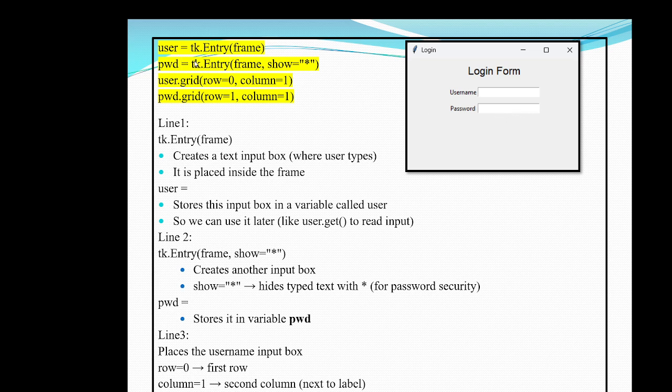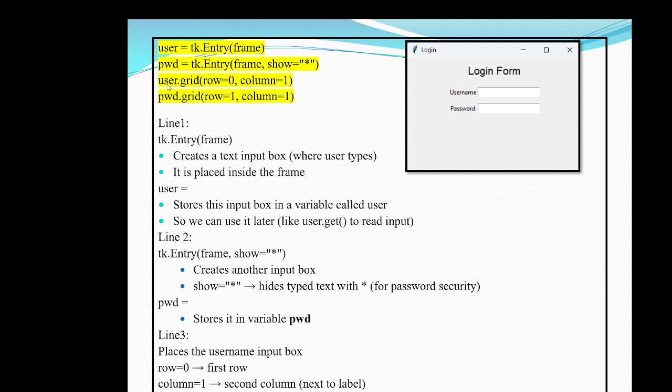And one more point I specified is show equal to asterisk. What does that mean? Whatever content the user types in this input box pwd should be displayed as asterisks, not the original values.